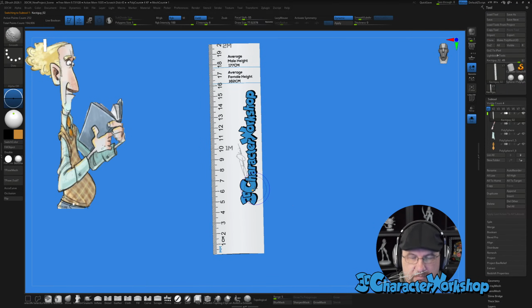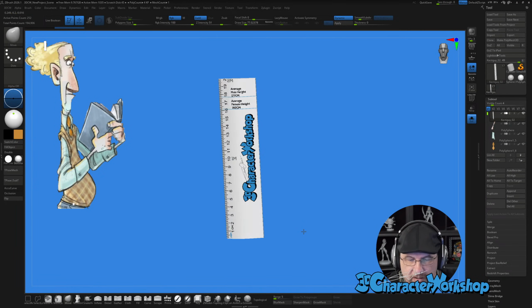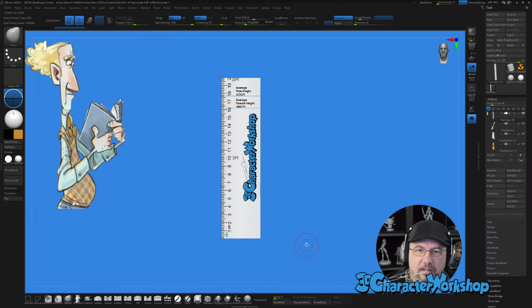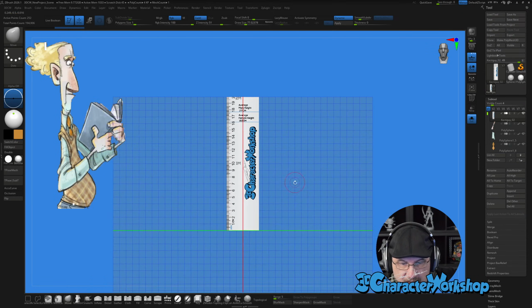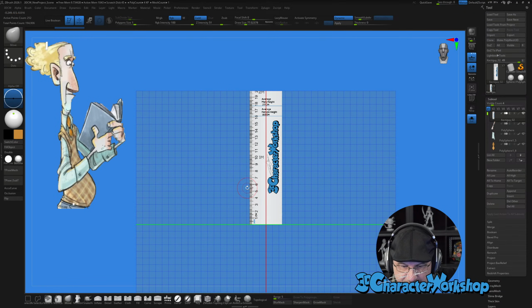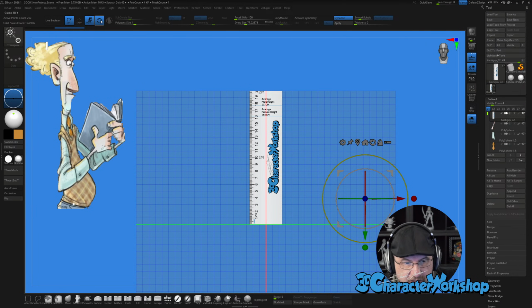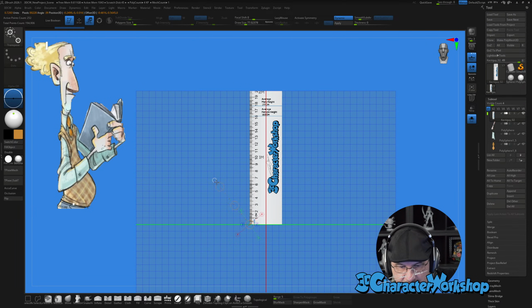Here's my ruler. This is in millimeters and centimeters. Nail? Okay. I'm not sure how to say it. Yeah. So, not only that, it's in a file that is set up for all the measuring. So if you turn on the floor, you can see that the grid matches up with all the centimeters. And also, if you turn on the gizmo and then you click over to the transpose line and you drag that out, you can see that